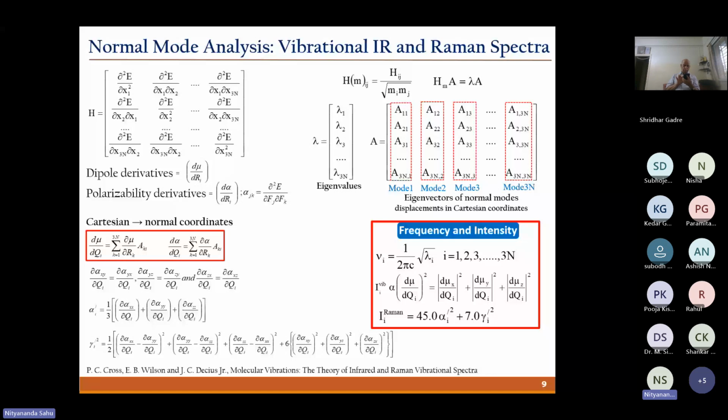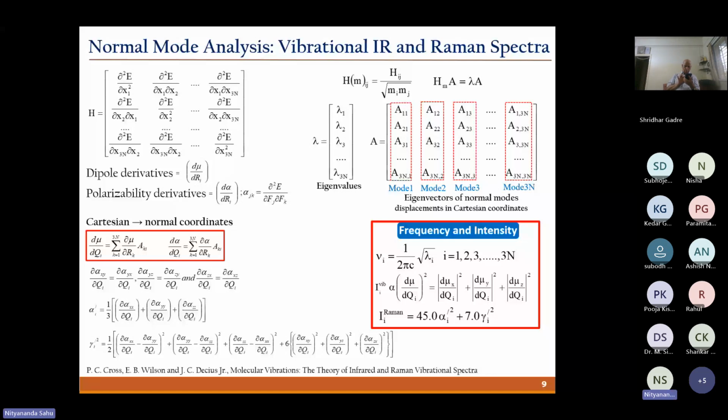Similarly, we can minimize the errors in the dipole derivatives and the polar derivatives, which we get from the MTA based calculations, using the grafting procedure. So we do multiple step calculations with two different basis sets, larger and smaller, and then we do the grafting procedure to get a very good Hessian matrix, very good dipole derivative elements, and very good polar derivative elements. Once we have all those electronic properties in an accurate manner, then we can always extract the information from those, and we will get the vibrational frequency and subsequently the